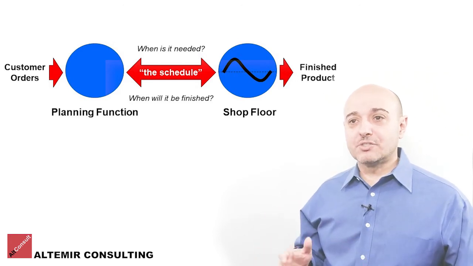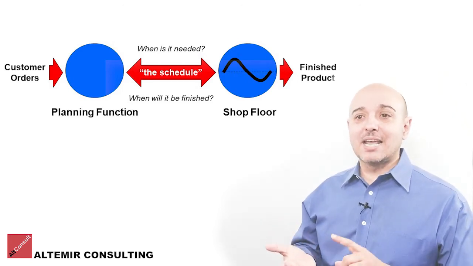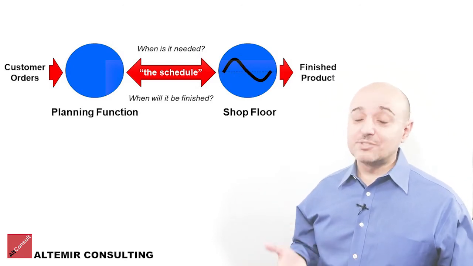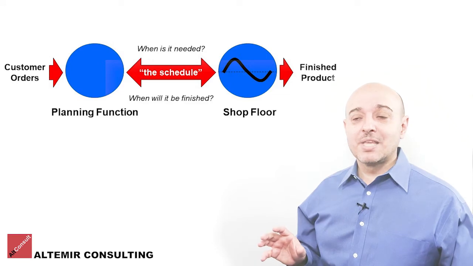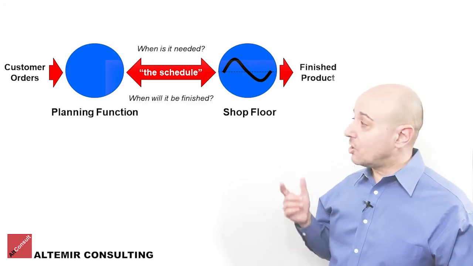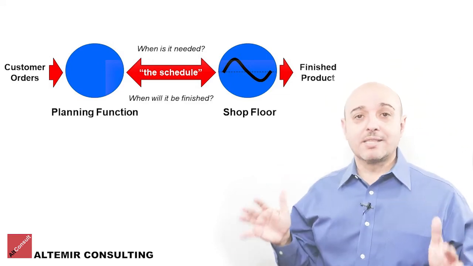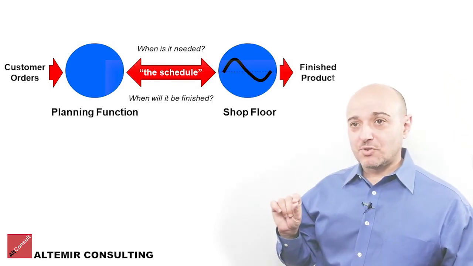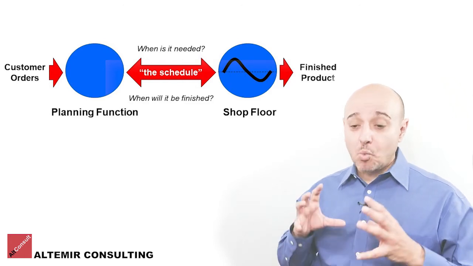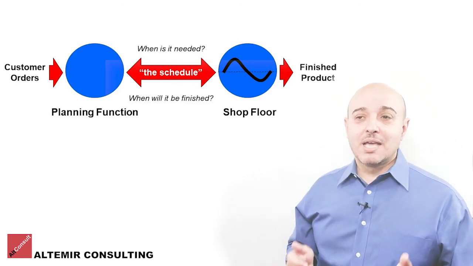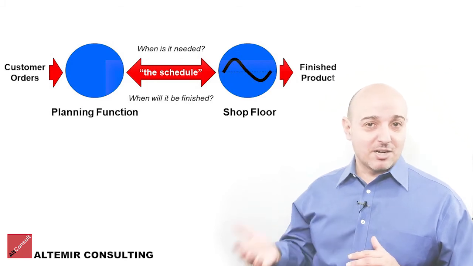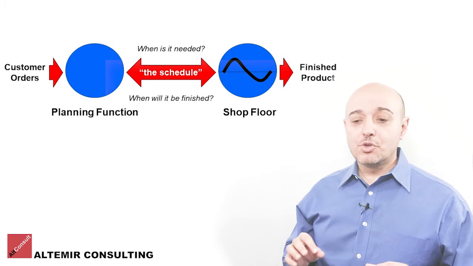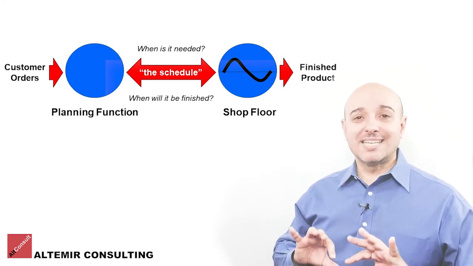So these two questions, when is something needed and when will something be finished, are the two types of business questions that we usually find. And in traditional systems, it's all answered using one monolithic schedule. The problem is that those two types of questions cannot be answered with one set of scheduling assumptions. Those scheduling assumptions that the ERP system needs to use to generate those results involve two separate, internally inconsistent sets